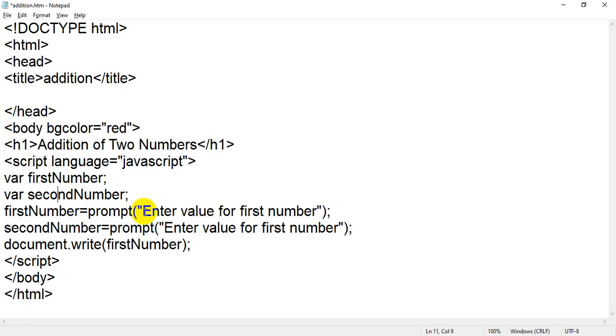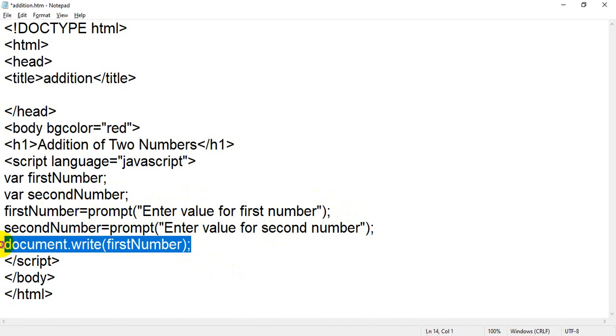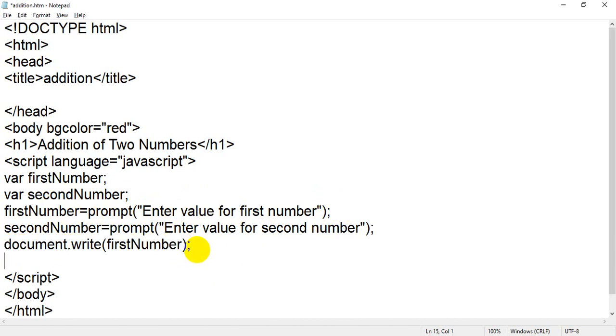Now I have taken two prompt boxes. Here I will write enter value for second number. If you want to check the value, Control C, then Control V, document.write second number.